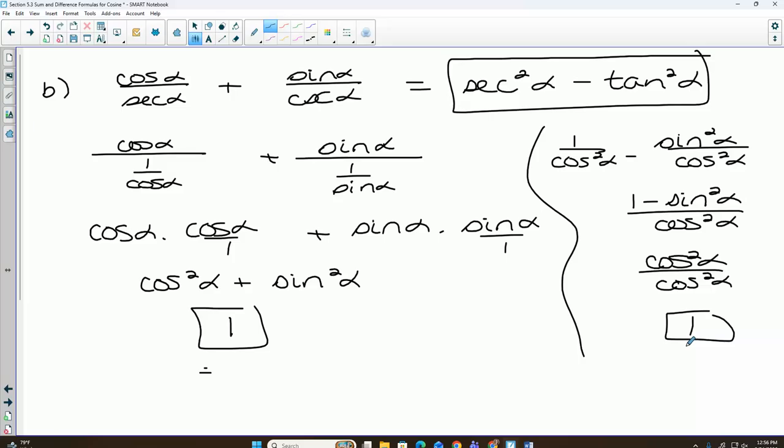On C, what strategy did you need to do there? We need to get a common denominator, which really involves multiplying by 1 plus sine on the first fraction and 1 minus sine on the second fraction. So I'll come around and see if you guys have individual questions over these, so you can work on your homework, and